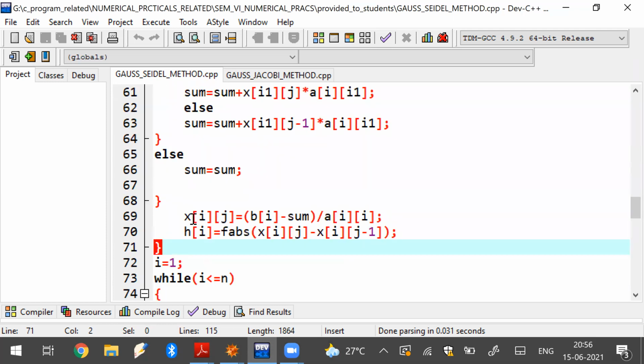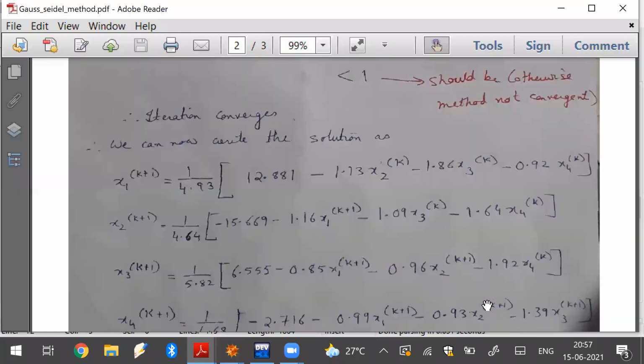Now I have to give the check step. Check step means the accuracy level has to be attained. Whatever accuracy is asked for, if it is attained, then I have to stop. If it is not attained, then I have to go on calculating. Now, as it is a system of variables which we are trying to calculate, not a single variable, unlike the standard algebraic method we have done to find a single variable equation, here is a system of equations, so I have to match the accuracy for each and every variable.